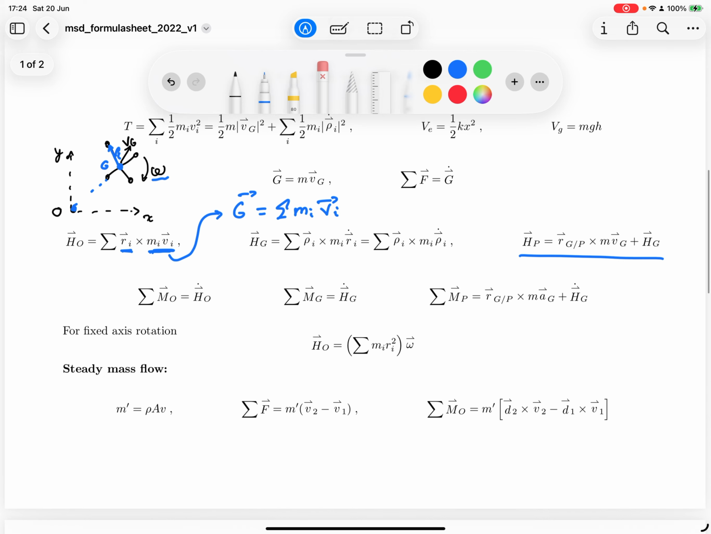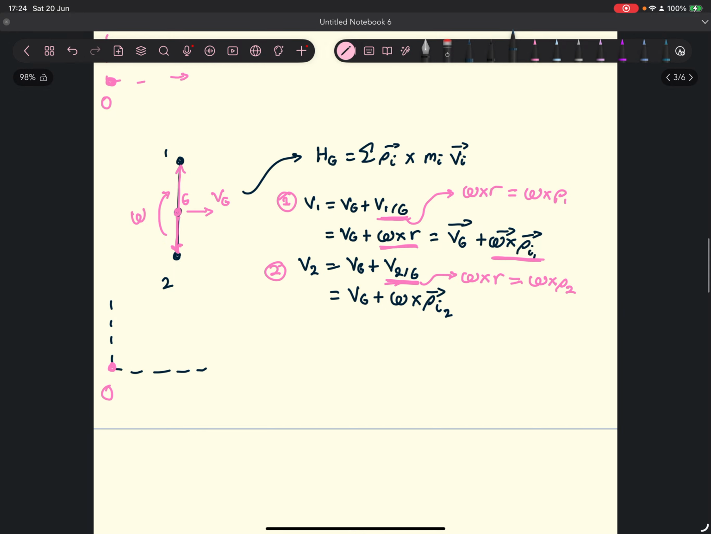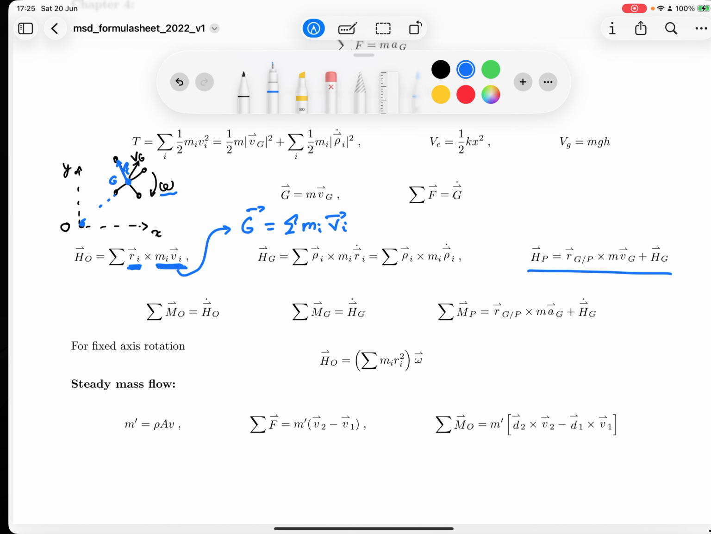So if you look at the equation, you can see that we are summing the angular momentum of each and every particle about point O, right? Or we could simply simplify that to HO is equal to RG crossed with M total times Vg, right? So remember that,